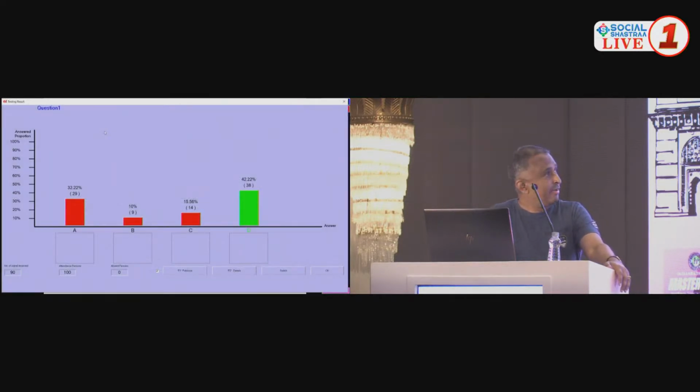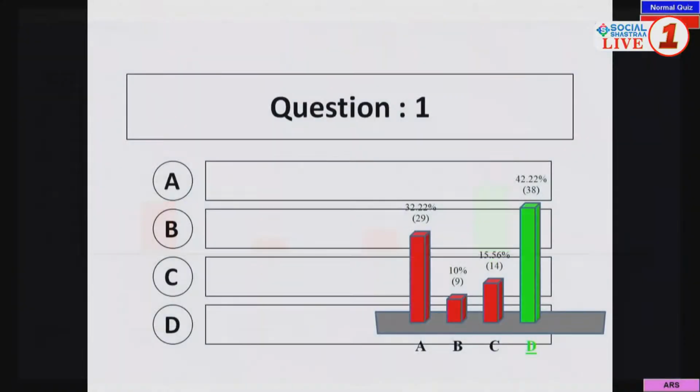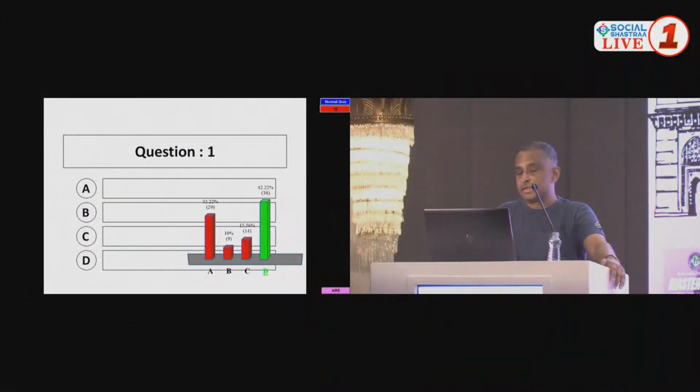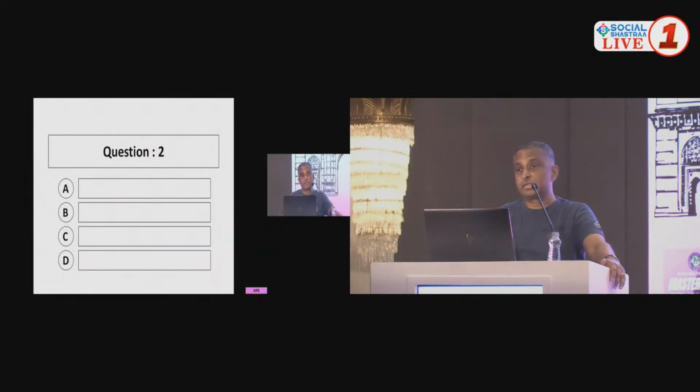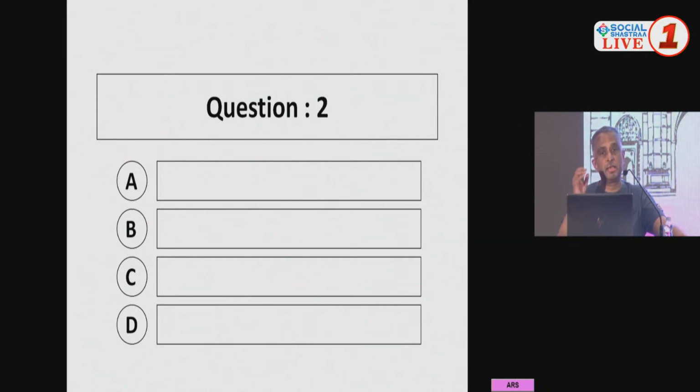Wonderful. So we have 42% who've got D. But we've got 32% who said A, right? So D is the right answer because D is flashing in green out there. Sinus venosus ASD is a very, very rare form of ASD. And it is seen only in a long section which passes through the IVC, SVC in a coronal fashion, which we do not do in practice. Sinus venosus ASD is something which is a part of total anomalous pulmonary venous drainage.